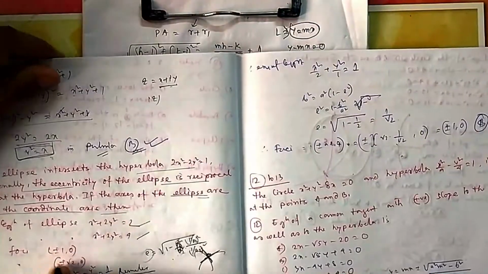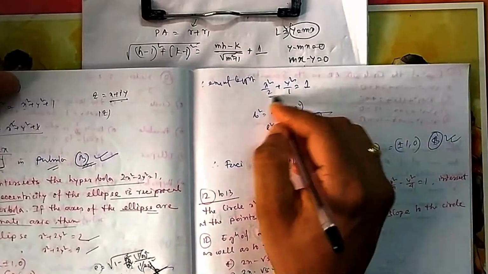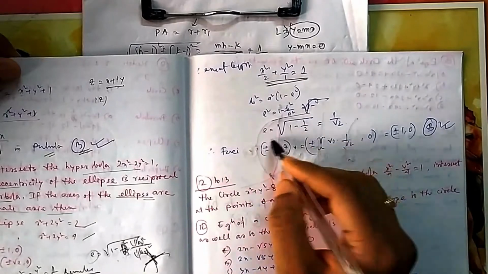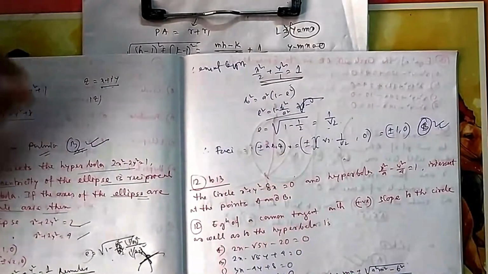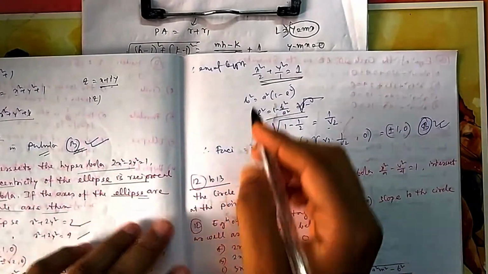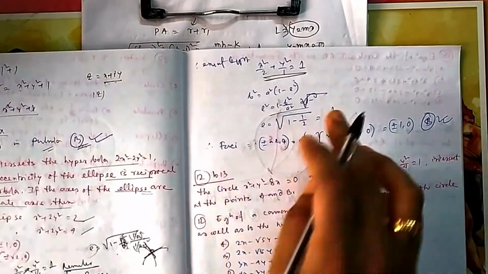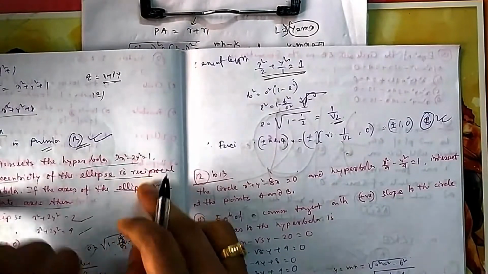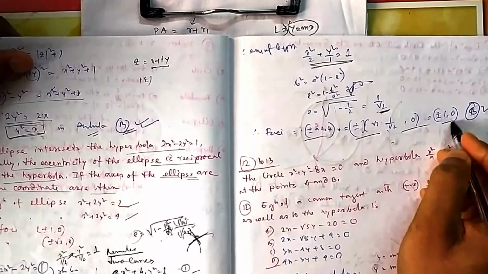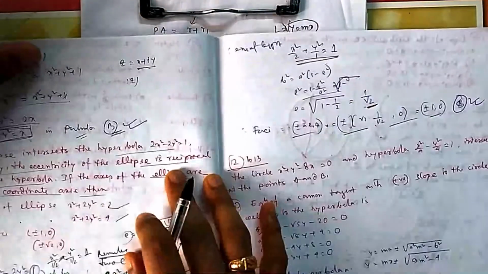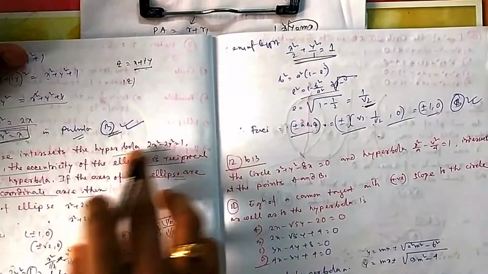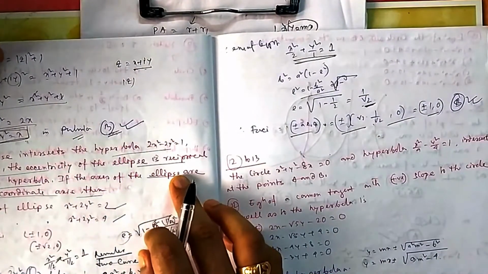Now the second one, they ask about the foci, for options B and D. So you found the equation from option A, this one. So you know b square, this condition you know, and they have told you the eccentricity is the inverse of that one. So you calculate the eccentricity of the given ellipse, that is this one. Once you know this, there is no need to find the eccentricity separately. If you are going by the option method, you can directly find the eccentricity and you can find the foci. This is your answer option. Or otherwise you can find the eccentricity of the hyperbola, take the reciprocal, and you will get the eccentricity of the ellipse.